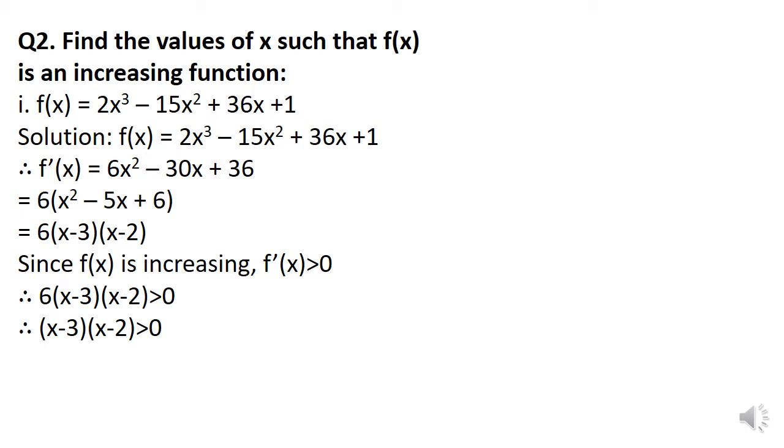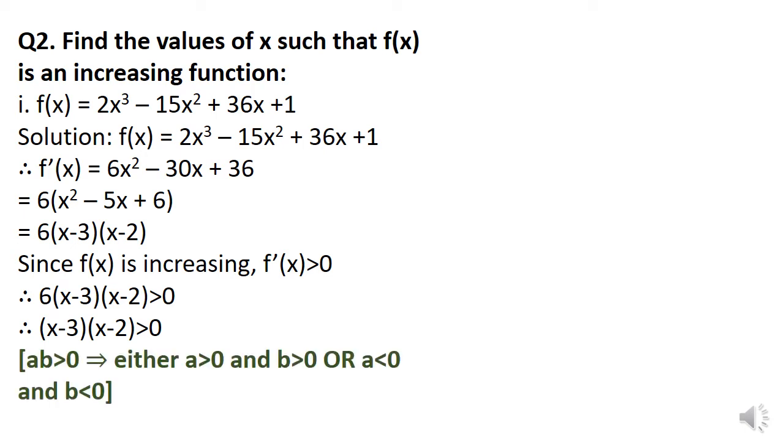Now note the next step. Suppose we have two numbers, say a and b. The product of a and b, that is ab, is positive. This implies that either a is positive and also b is positive, or a is negative and b is negative. You have learnt it, no? Plus into plus is plus and minus into minus is also plus. So thus we have two cases to consider over here.